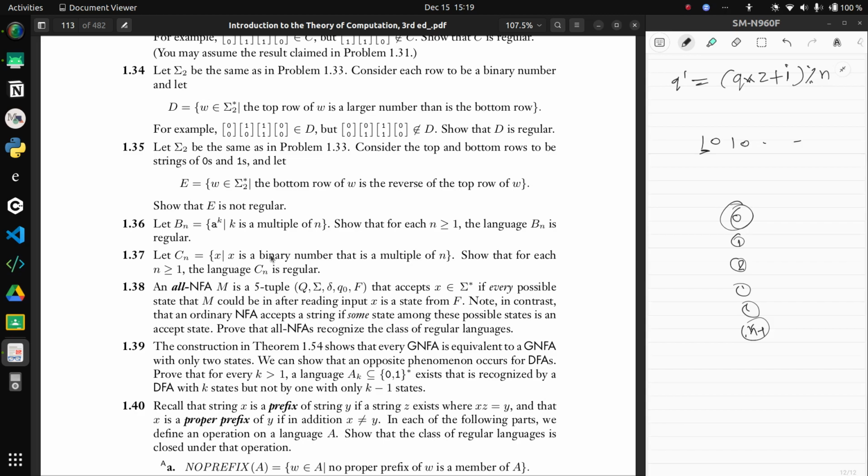You can make a machine that does all of this. So right, yeah, it makes sense. This is a regular language. Okay, so that was easy. I thought it was going to be hard, but yeah. So 37 is done. 38: an all NFA M is a 5-tuple that accepts x in sigma star if